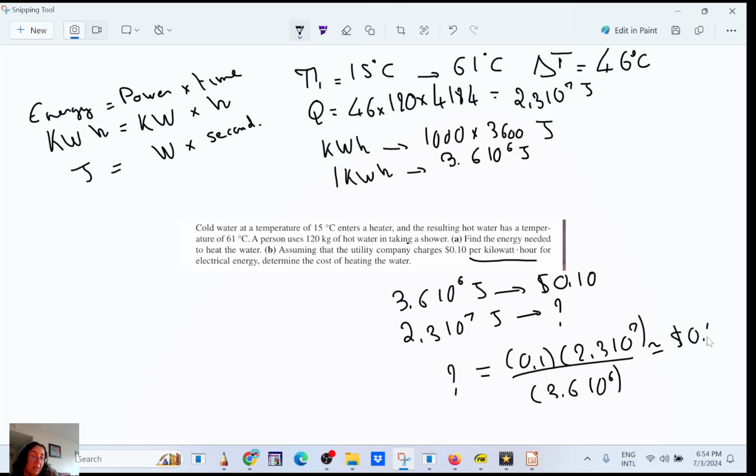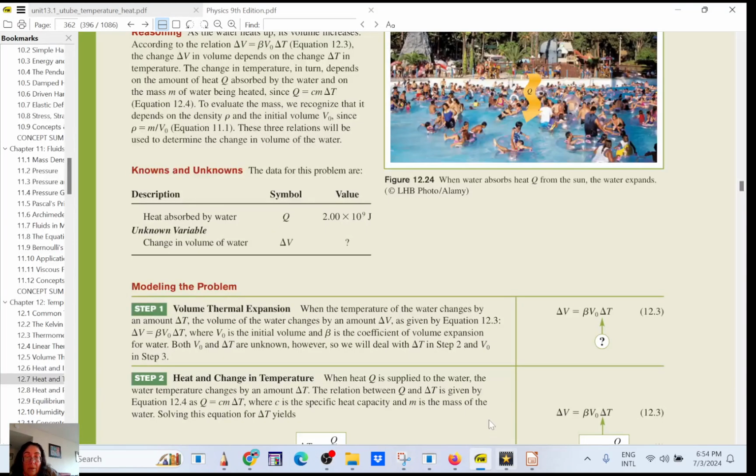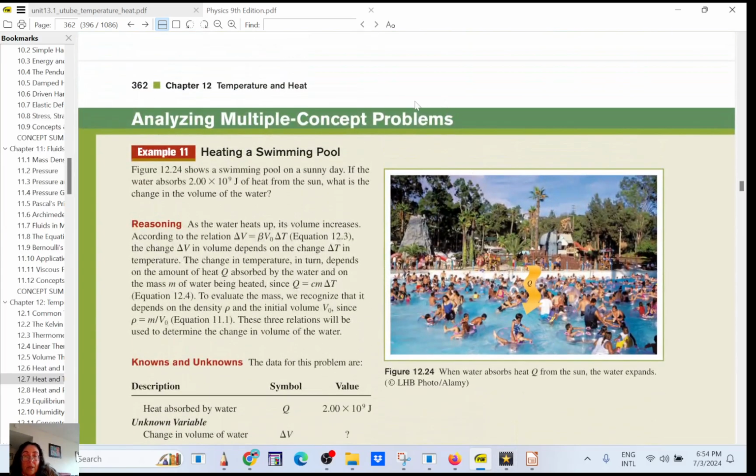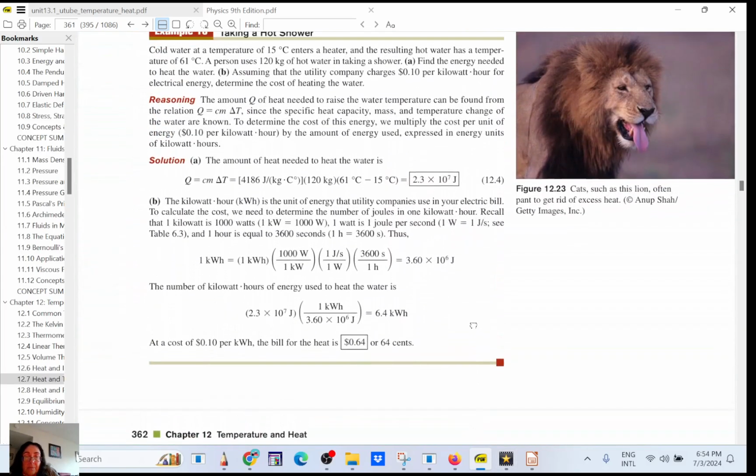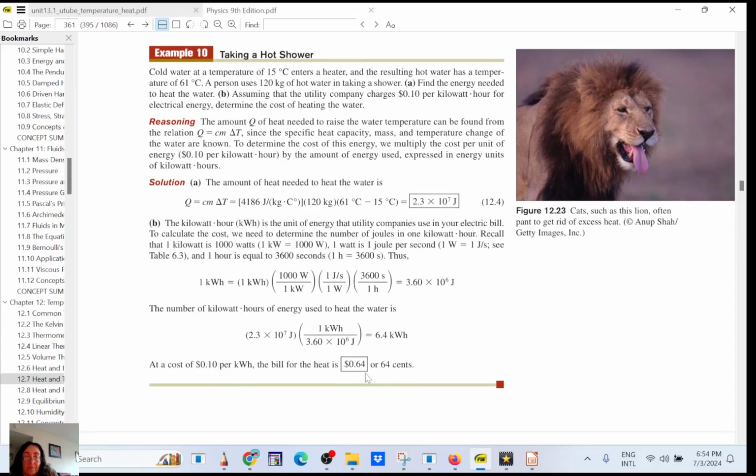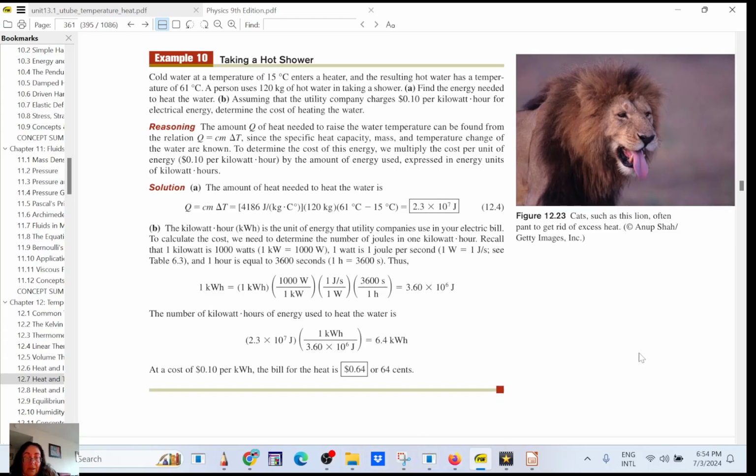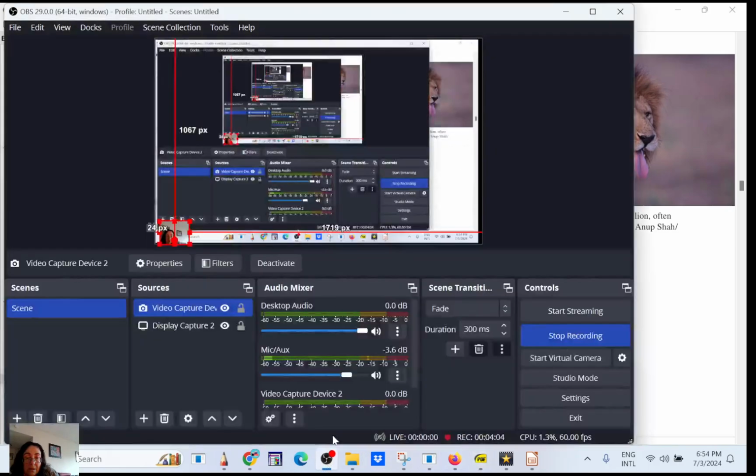about 64 cents. Okay, so that comes from your book here. Okay, so that's it for this